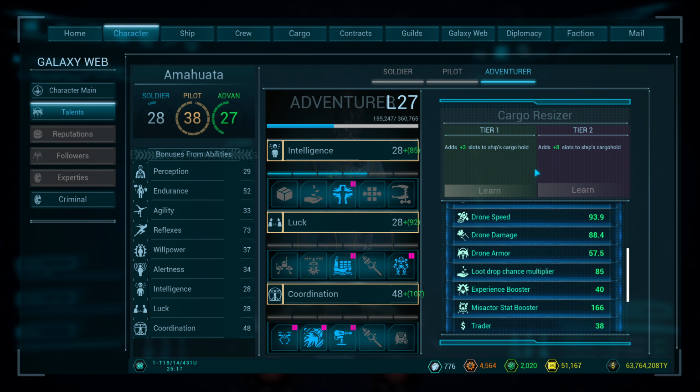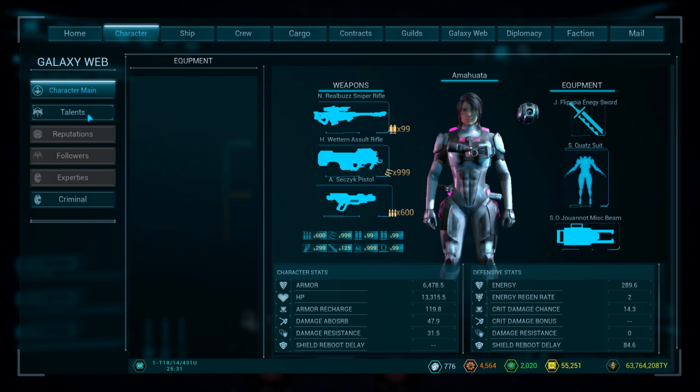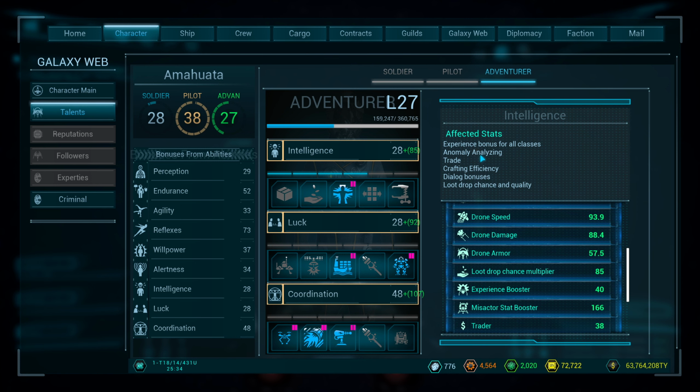Adds slots to your cargo hold. Nah. I got it, but meh. I mean, the kinds of ships that you'll be flying, you're going to have plenty. It's not like mine, which only has 59 with plus 8. I only have 59, and I can only carry 1